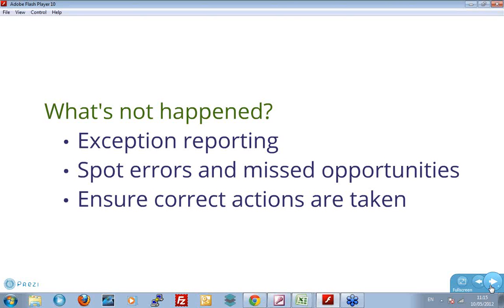What if you have candidates who work for clients that you don't know or work for companies you don't know? So you want an exception report to show you what information we do not have on the system, based on candidate information and our client database. It's about ensuring the correct actions are taken. So you'll have alerts to tell somebody to do something, but the manager gets told whenever they don't do something.